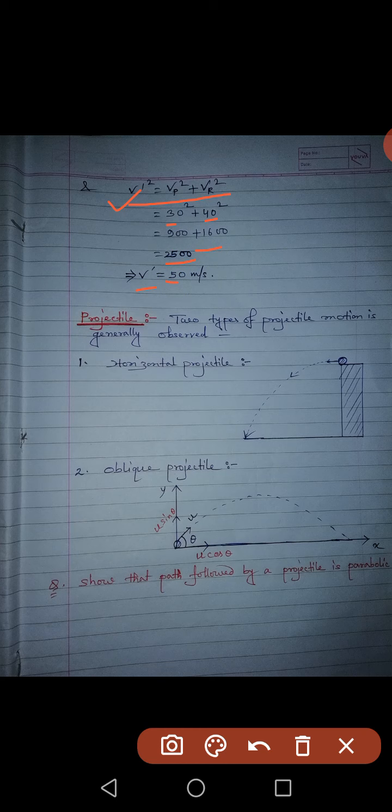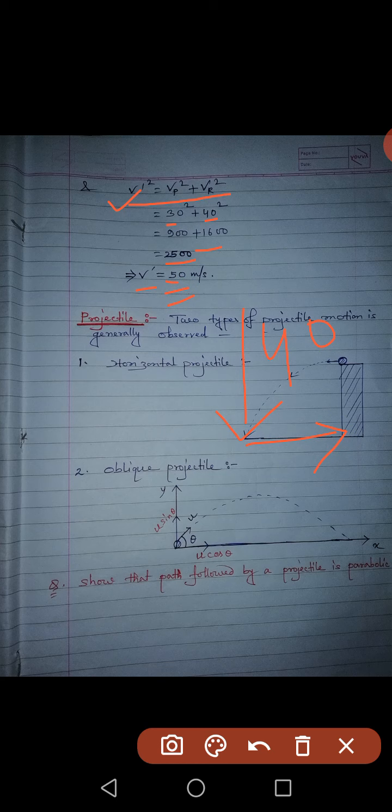So that means when the person is not moving, simply standing, rain appears to fall down with how much speed? With 40. But as the person starts moving in horizontal direction, rain appears to fall with how much speed? 50. That means the velocity of the rain with respect to the person is becoming more in this case.